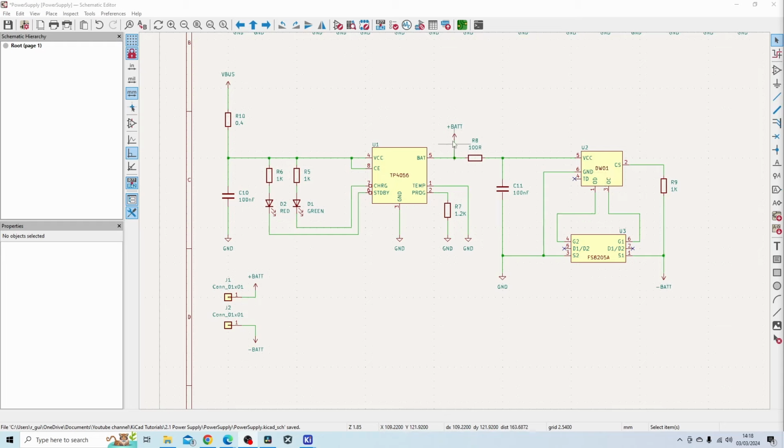The positive side of the battery is passed straight to whatever you're connecting as your load. So the DW01 uses the negative side of the battery to do all its controls for over discharge, overcharge, and overcurrent protection. Obviously, if you have any questions on how this circuit works, please let me know in the comment